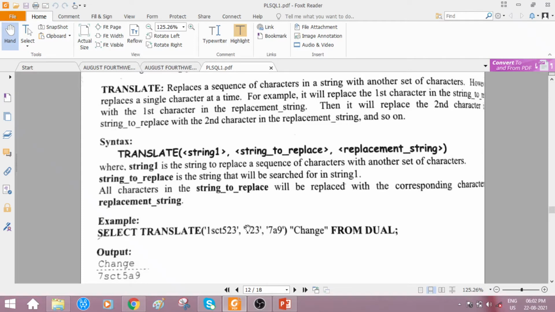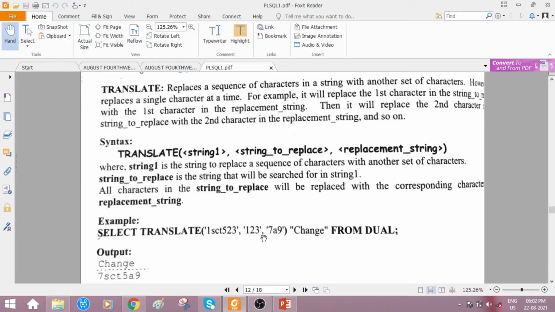These are the characters which should exist in the original string. 123 is given, so 1, 2, 3 should be present in the first argument, the original string. The very first character in the string to replace is 1. Is 1 present in the given string? Yes, 1 is present. Is 2 present? Yes, 2 is also present. Is 3 present? Yes, 3 is found.